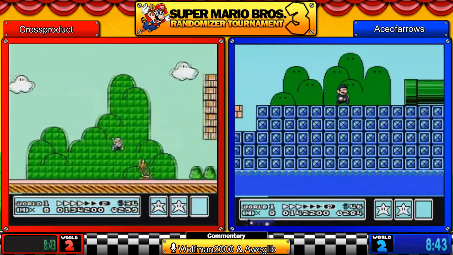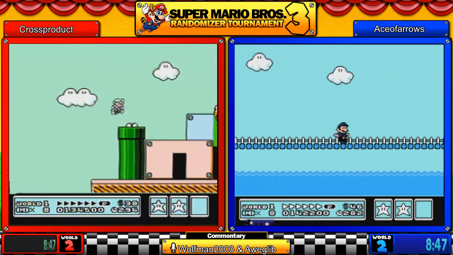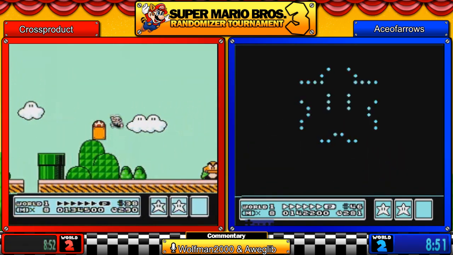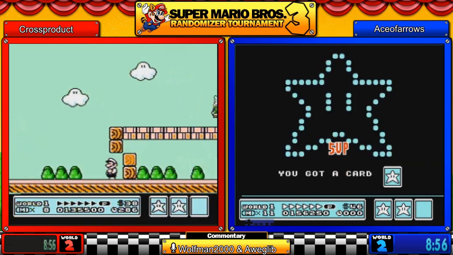Alright, what's in 1-5 today? Looks like the giant mirror. Yeah, 4-6 normally in the game. I don't believe the giant mirror actually does anything like it does in the normal game, unfortunately. But